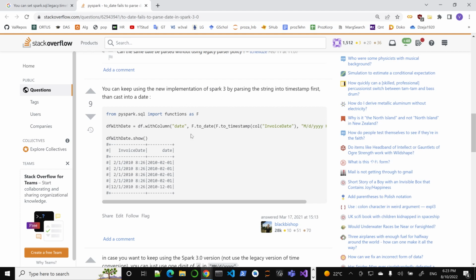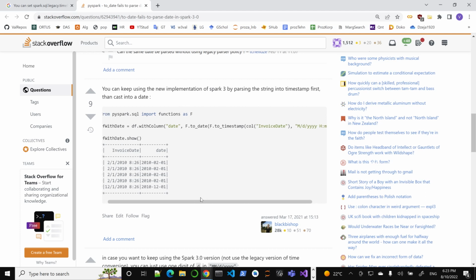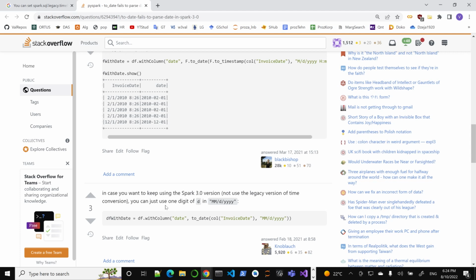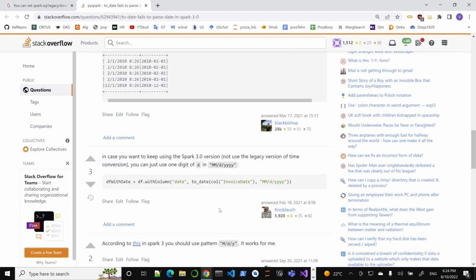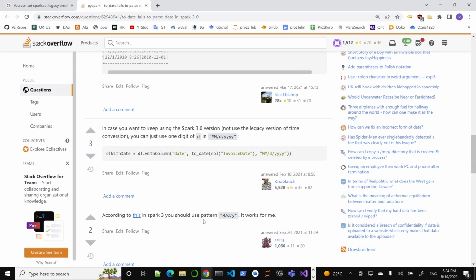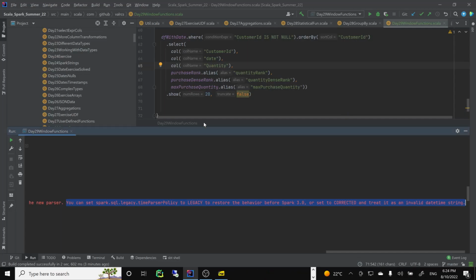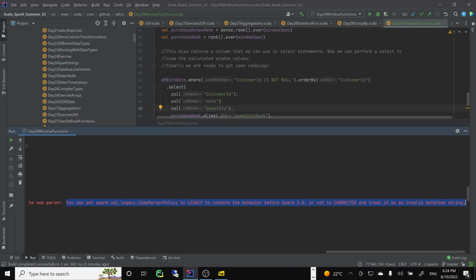We can do it with a timestamp. Yes, so that's another. Somebody from last year said we can parse, or you can use one digit here. So we have 3 ways. You have a couple ways of doing it, right? So let's see which one works best. Of course, going to legacy,